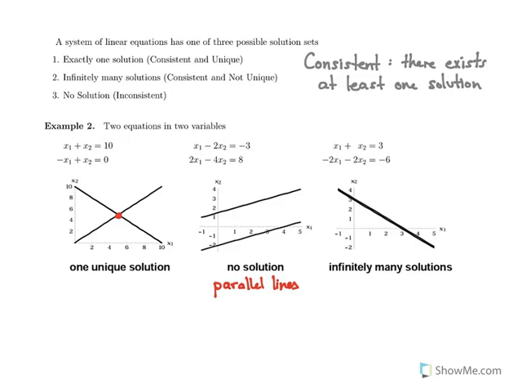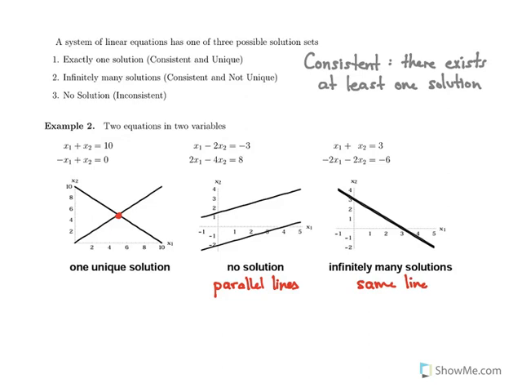There's no intersection point, so there is no solution to that system. There's no point that you could plug in for x1 and x2 that would satisfy both of those equations. And you might have infinitely many solutions. In this case, you actually have the same